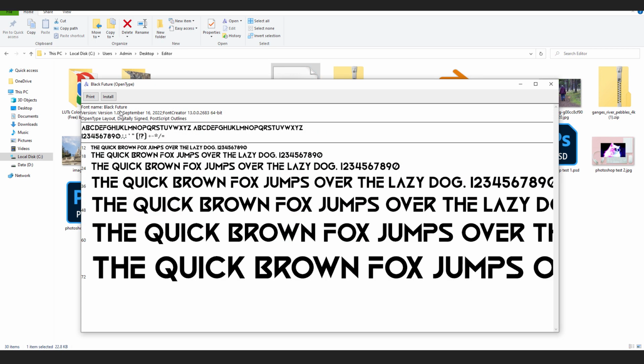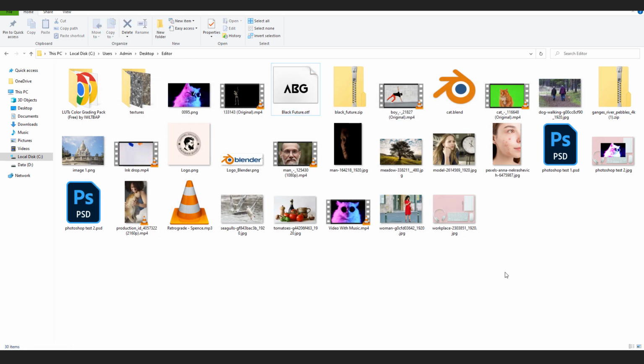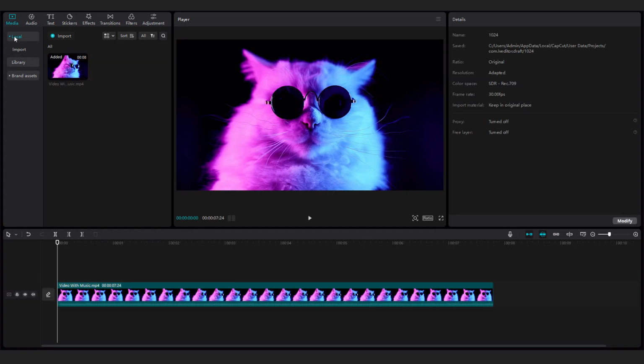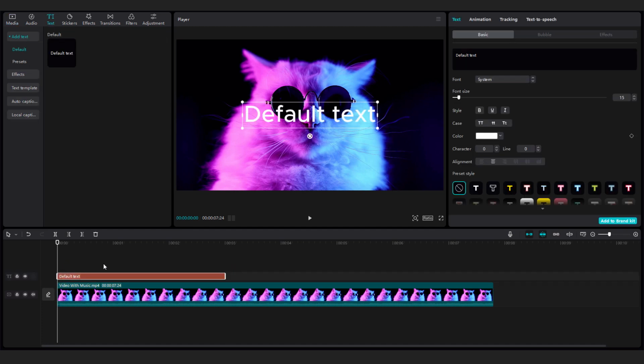Double click on it, and over here it says install. Just click install, close it, open your CapCut, click on your project. Over here go to the text, you can drag default text over here, select it, and under the font just